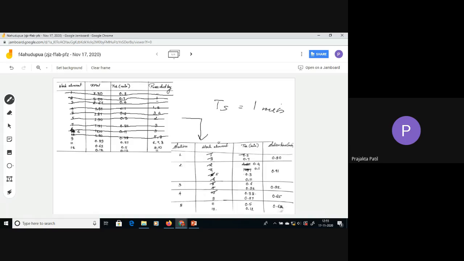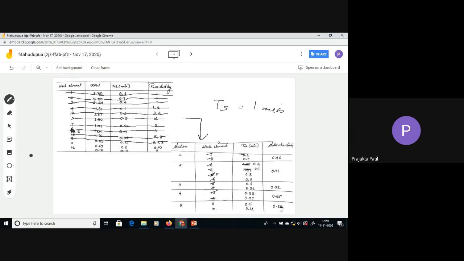Next, starting again from the top, let's see if 9 can be put in. Yes, you can put 9 also, because it's 0.27 and the precedence 6, 7, 8 are all already allotted, and the sum of it is 0.65. If I want to go for any further allocation, say 11, it's 0.5, it will exceed 1 minute. What about 12? I cannot, because the precedence of 11 is still not met. So close this workstation here itself.